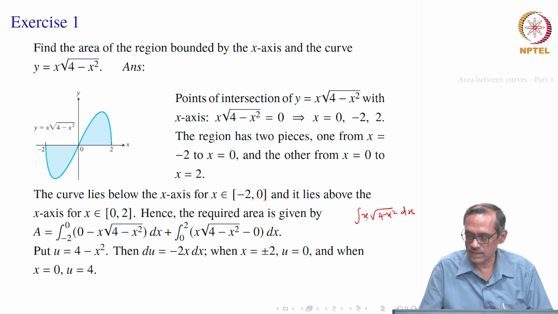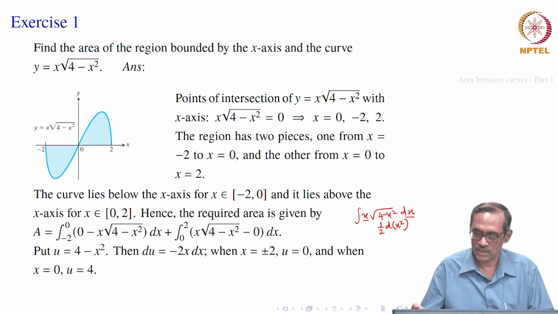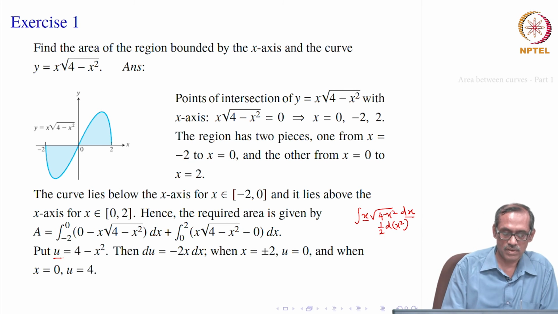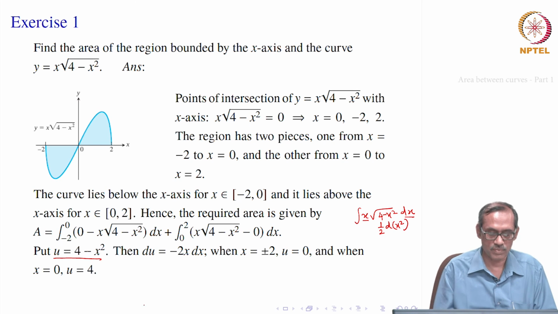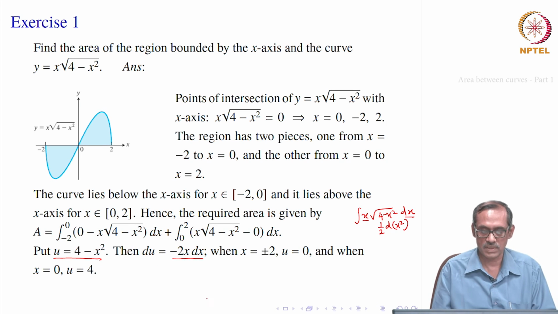Now, we find here that x dx is really half of d of x square, or even we can take 4 minus x square directly. There is a constant that will become 0 and one negative sign will be added. So, we substitute u equal to 4 minus x square, fine. So, once you take u equal to 4 minus x square, its differential du is minus 2x dx, and 4 gives differentiation as 0. Now, we have to talk about the limits.